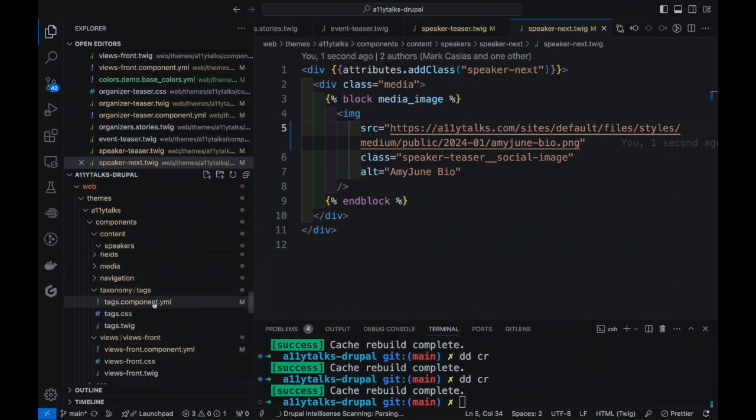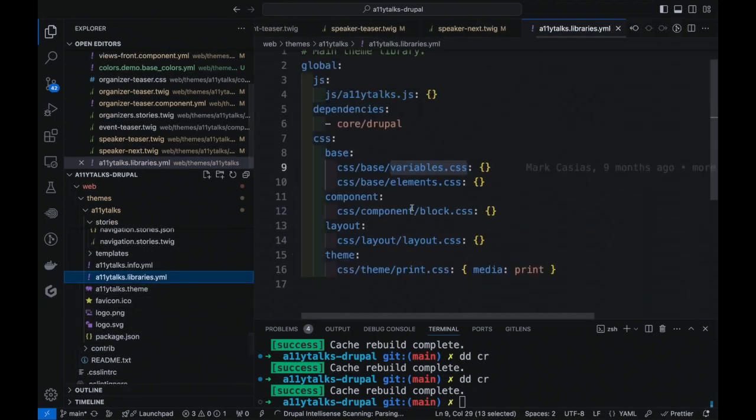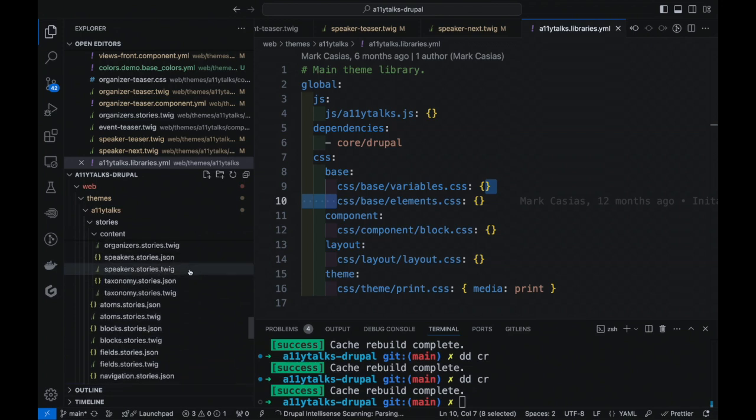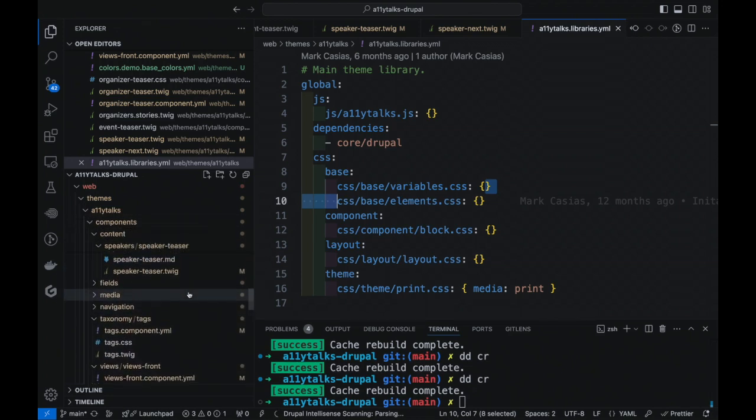But then all the CSS that's put in there, if you take a look at your library's YAML file, the only really thing I'm doing is I'm calling a couple of variables CSS and some basic element CSS, but everything else is inside the component. So when I want to change it, I just have to change a single CSS file instead of having to go through a whole build process. That being said, I want to actually start using PostCSS on this. I just haven't gotten around to it to do things like media queries and whatnot. PostCSS does it a little bit better, but you don't have to use a full Sass build on the thing, which is kind of a pain.